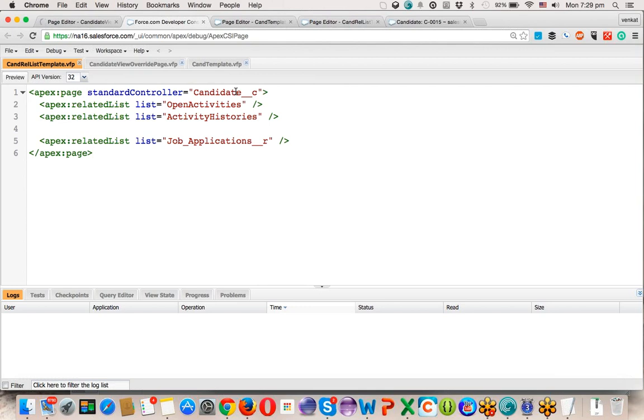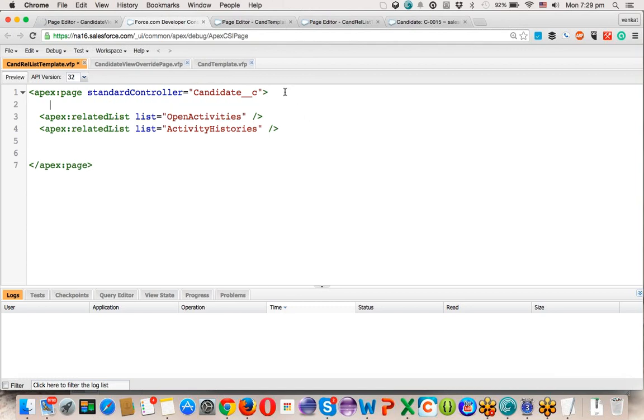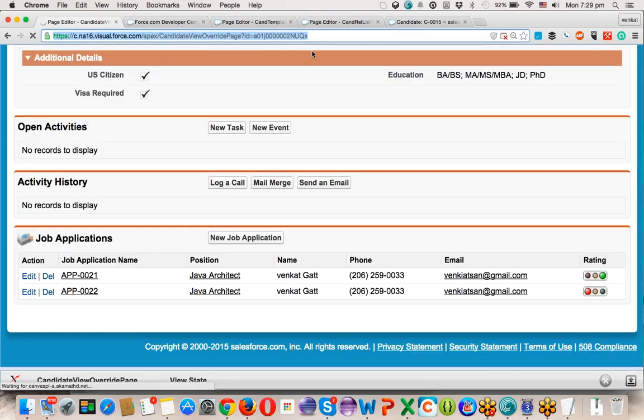Okay. Again, the candidate record, what you are trying to mention here is you are passing the ID. The candidate with this ID, you are going to show that information on the page. There are three related list items in the same order. It will show that. But I want to change the order by simply clicking, putting the job applications on the top. Click on save and